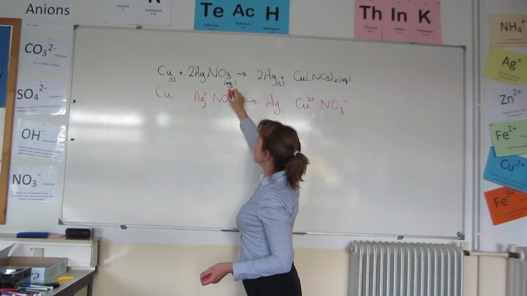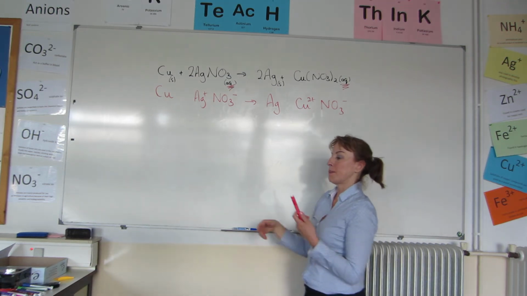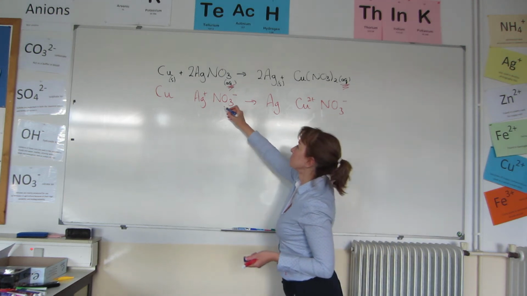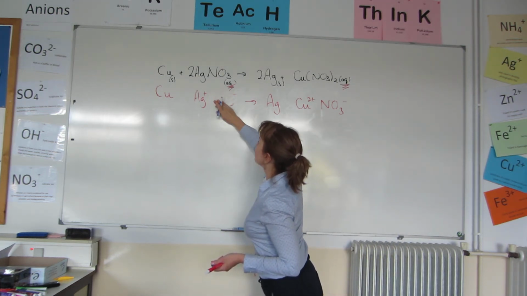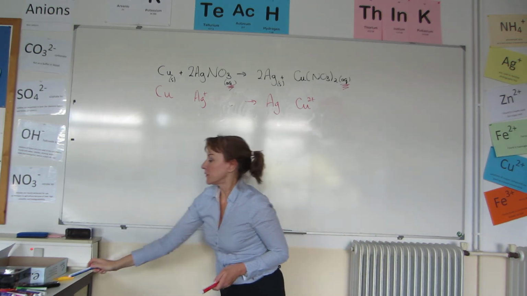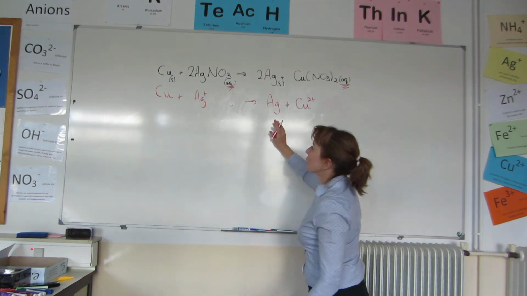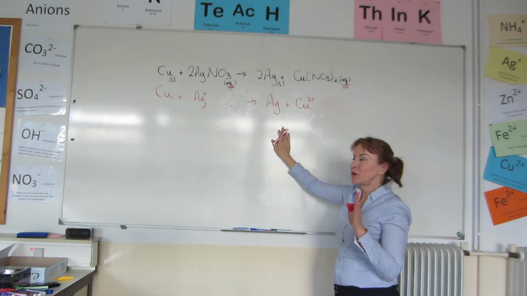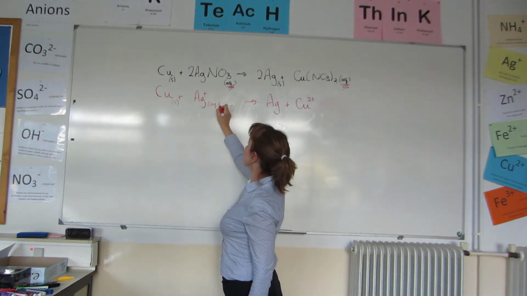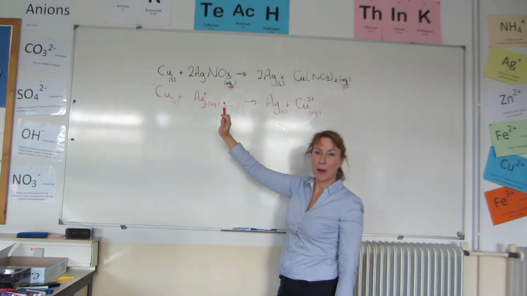So, looking at the state symbols as well, you should be able to see what is the spectator ion, the nitrates. So, we can get rid of those. What you're left with is the ionic equation. Not quite though, we haven't finished yet, because in ionic equations, as well as balancing for particles,